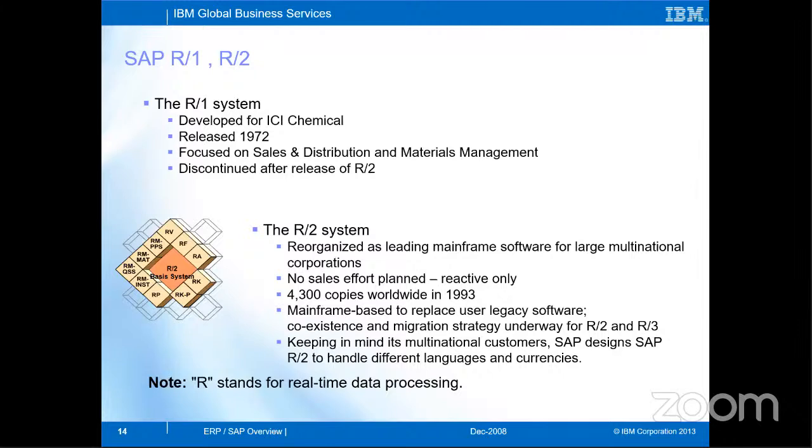Yeah, R3 was not the beginning. Before R3 you had R2, and before R2 you had R1. R1 was the start, where the four IBMers that I spoke about joined and developed a system. Basically, it was a single client. They had just one client when they started in 1972, when they announced their company and released their product, and that client was called ICI Chemical. It was also a German company.